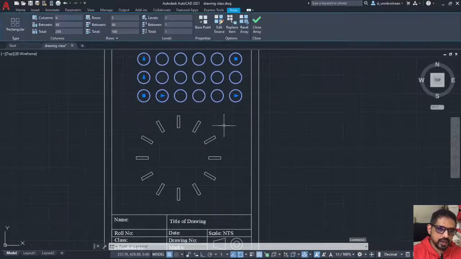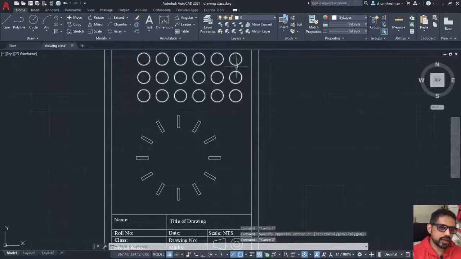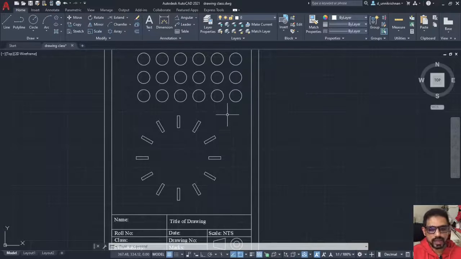Now as you can see, all these are single entities. If you select any one of these entities, all the other entities get selected. Suppose in this rectangular array I would like to delete these 3 circles alone, with the remaining array to be there. What can I do? For that, the command is explode. EXPLODE. Press enter and it asks for the object, and I am going to select the array. Press enter, and now you can see all these entities are independent. So I can select them and delete them. So that is how the explode command works.